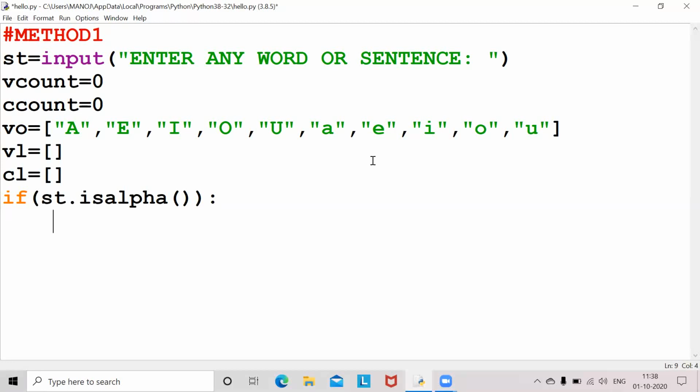If the given string is alpha, like good, bad, ball, then it satisfies this condition and it will go into it.